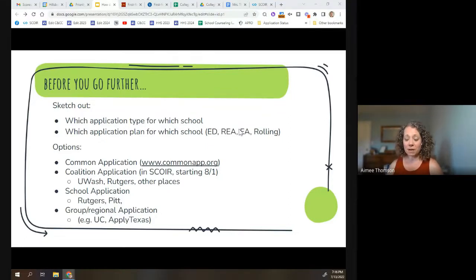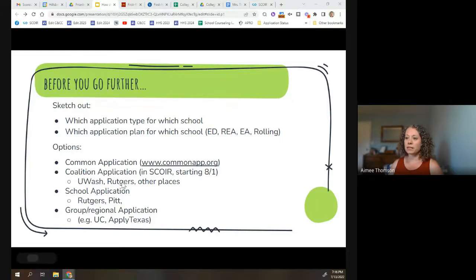But that being said, I'm not a huge early adopter of technology. I probably would not be rushing to do it on August 1st and trying to submit my application in August. I would probably let some of those kinks be worked out a little bit, both on the end of SCOIR, but also on the end of the colleges, because it's a technology upgrade on their part as well to handle the received applications. So I'd probably try not to be first, because I'll tell you now, no one's getting a cookie for submitting their application first. And as I mentioned, there are other types of applications that you can use as well.